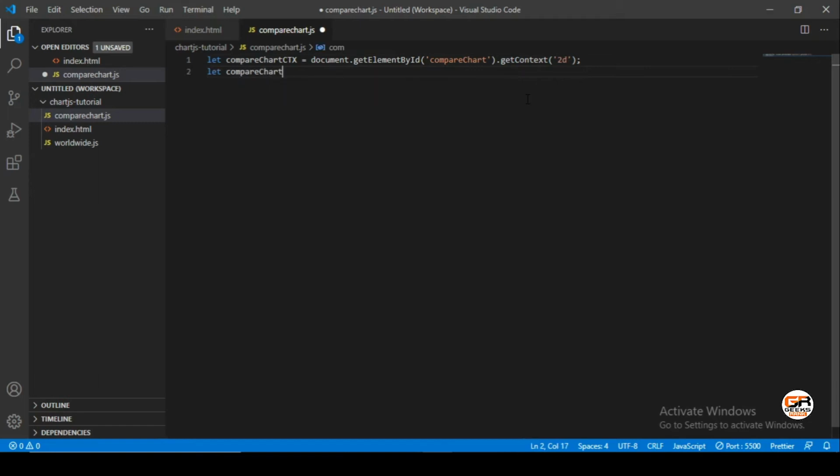So let's initialize the chart, the compare chart. Initialize new Chart. And the first one,